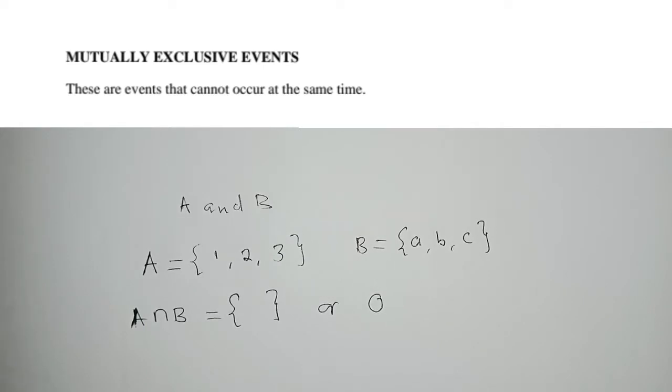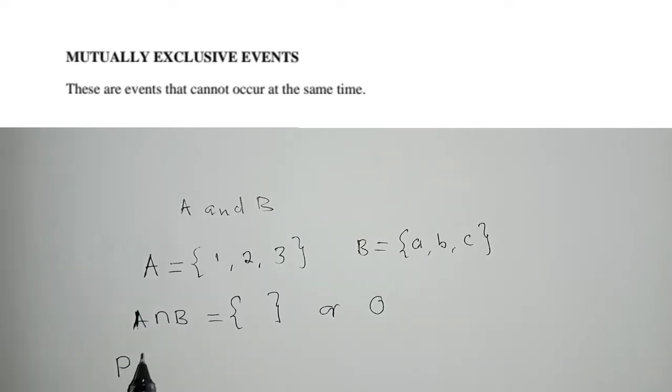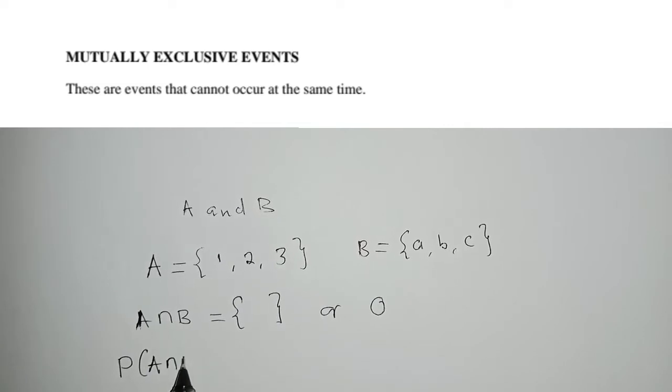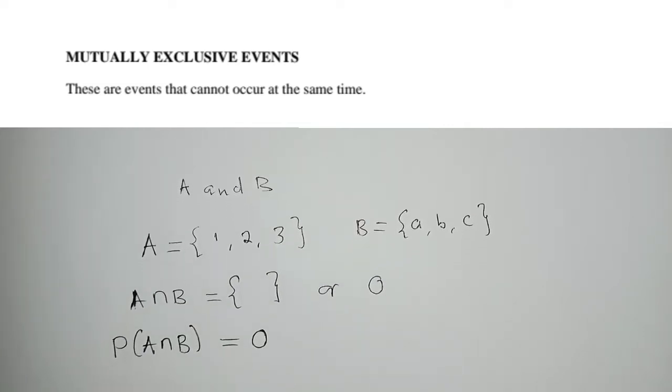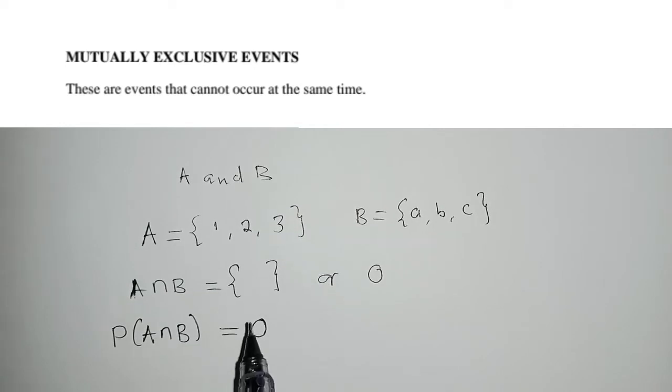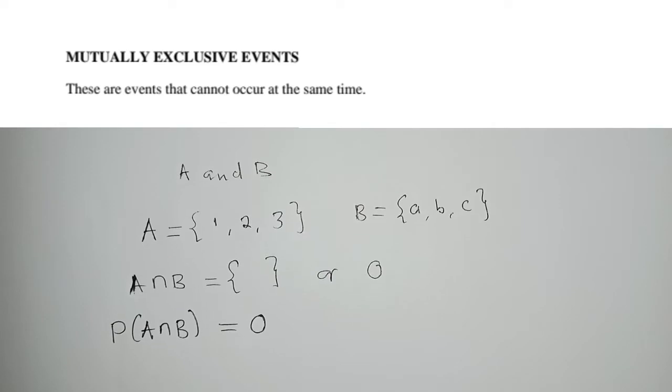When getting a probability, if they say probability of A intersect B, it will just be a 0. This is what we're talking about. So when you find that the probability of A intersect B is 0, just know that this is mutually exclusive. Okay? So let's try to do an example